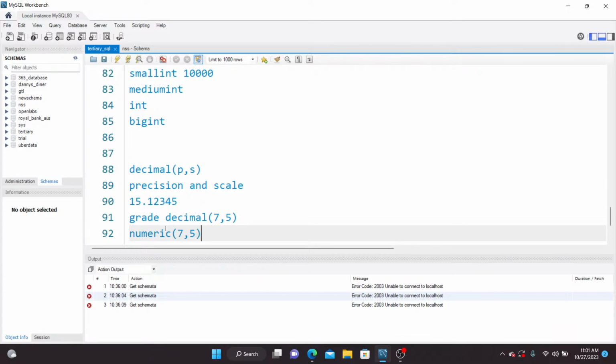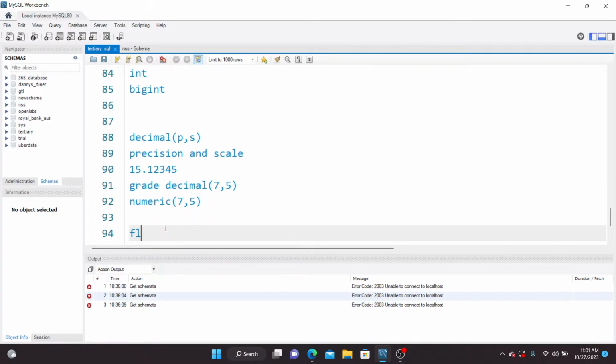Another one is float. We can say float and it will still work. The only difference is that with float, I can equally say the precision is 7 and the scale is 3. But the problem with the difference between float and the ones we've seen above is that for decimal, imagine someone is inserting data and the person goes to enter